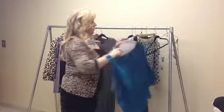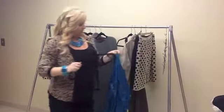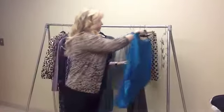So we're going to make sure that this yucky hanger gets out of the closet. We're going to put it on here, a velvet one. Now the next thing is we want to make sure that we have everything out of our closet that is a memento or a keepsake. That would be things like prom dresses or bridesmaids dresses